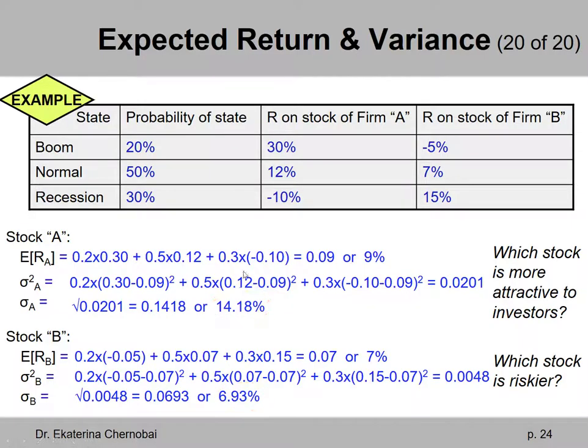So the three returns on stock B are much closer together than the three returns on stock A. And mathematically, we can prove that by calculating the standard deviations and double checking that it is a smaller number for stock B than for stock A. And so overall, which stock would you buy? A, with the better return but a worse amount of risk, or stock B, with a lower return but a much better, lower amount of risk?